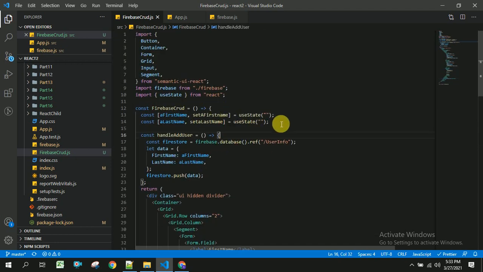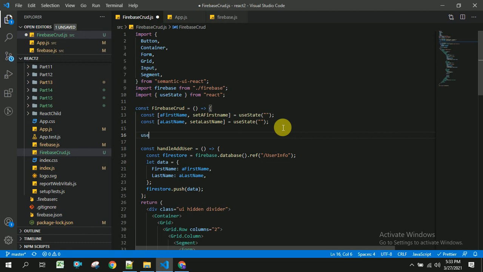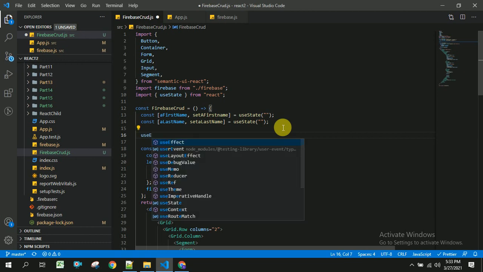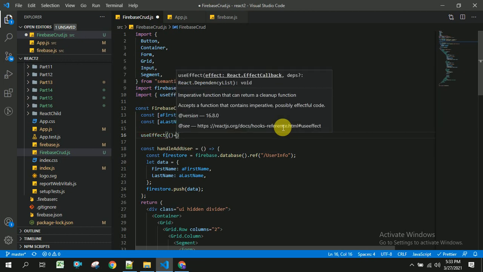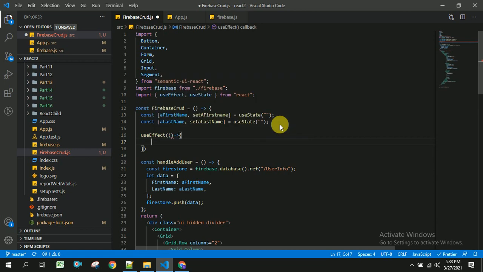So once this component gets loaded, we have to get the data from Firebase. For this, I am going to use useEffect. It will be called once this component gets rendered.